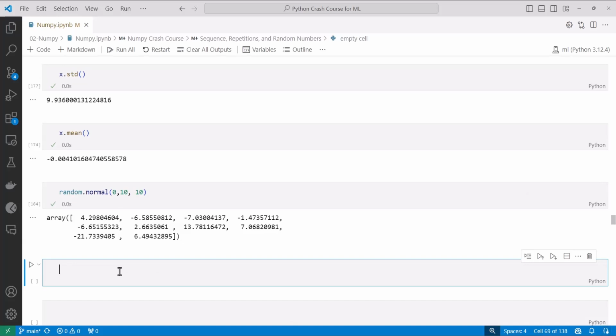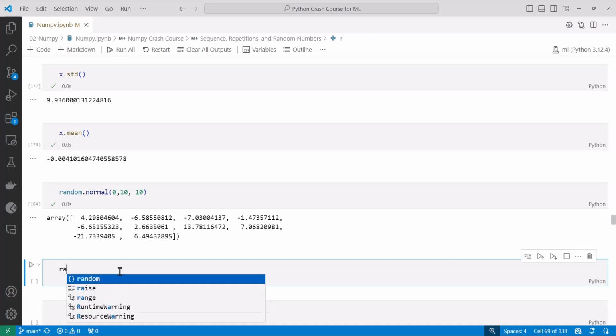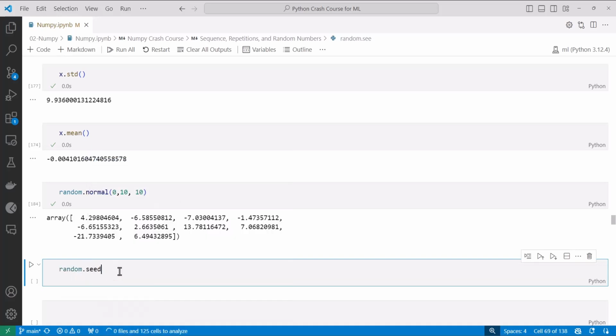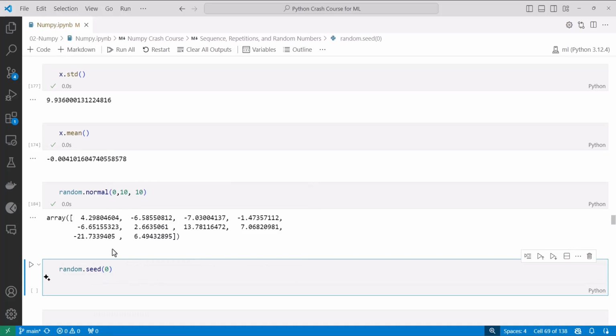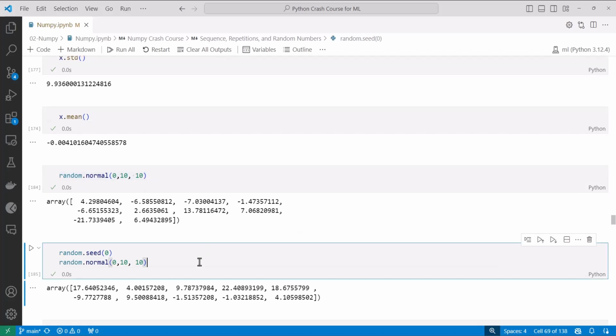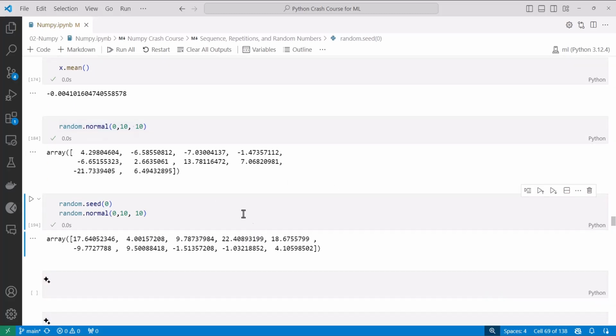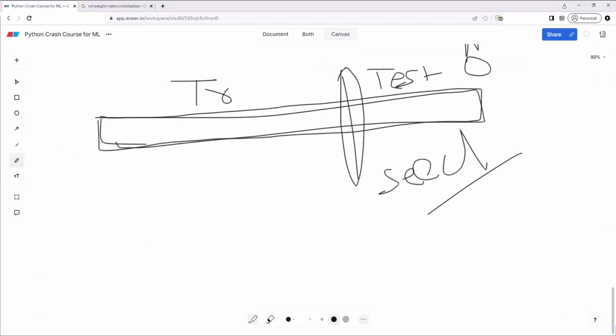But as soon as we put random.seed here, let's say I'm just going to put any number, or any seed number you can put, and thereafter I copy this and put it here. I run this, and I run this multiple times, right? Do you see this? I'm running it so many times, but I'm not seeing any change here, right? So this is the beauty of this seed,